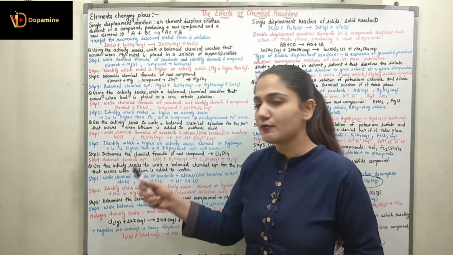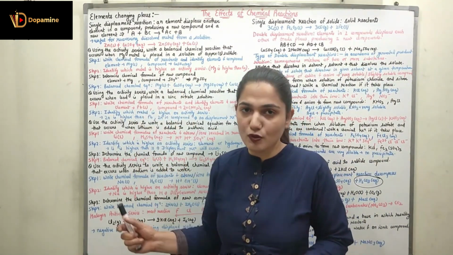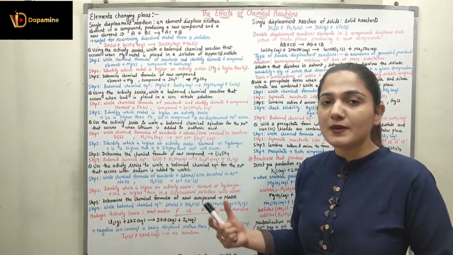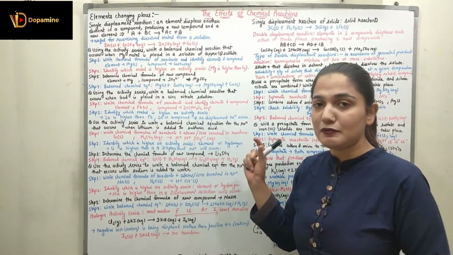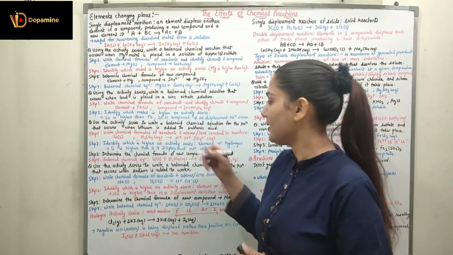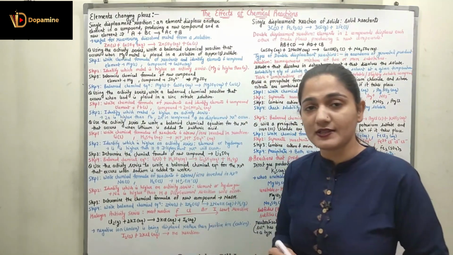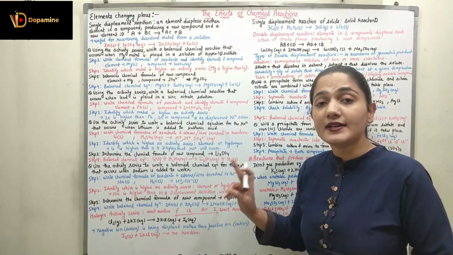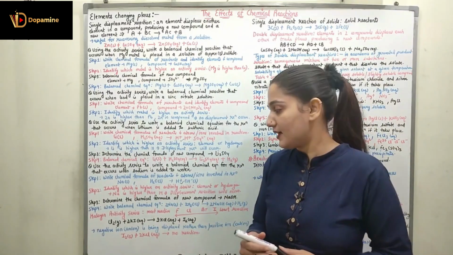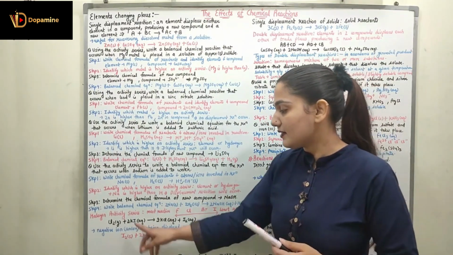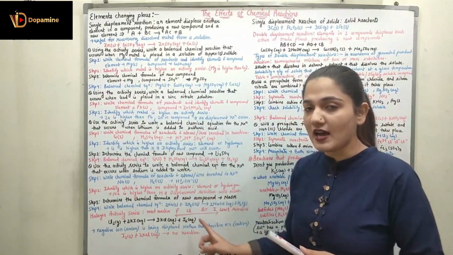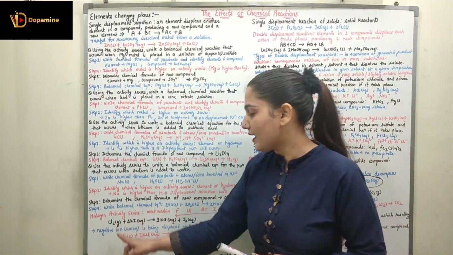In all of these questions that we had discussed so far, what was displaced? The only ion which was displaced was the positive ion. Here we were displacing H plus. Here also we were displacing H plus. Now here we are displacing the negative ion, right? Here we are displacing the anion instead of the cation when I am talking about the halogens.